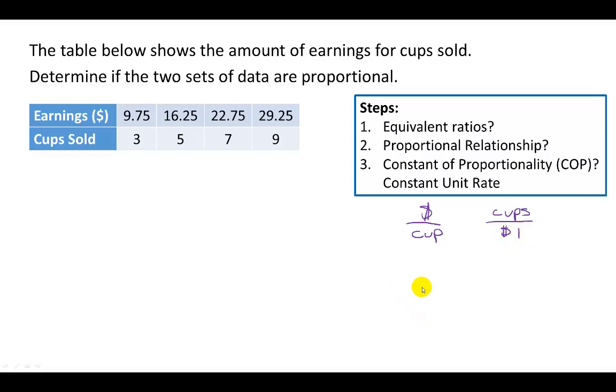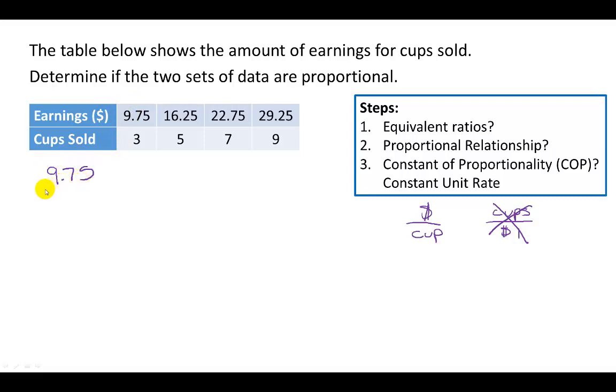Well, we don't know how much a cup is worth, so if we're focused on just $1, we may get part of a cup. So that sounds a little silly to me. I'm going to look and work with earnings per cup sold. That way we know we get a whole cup. So starting off, we're going to get